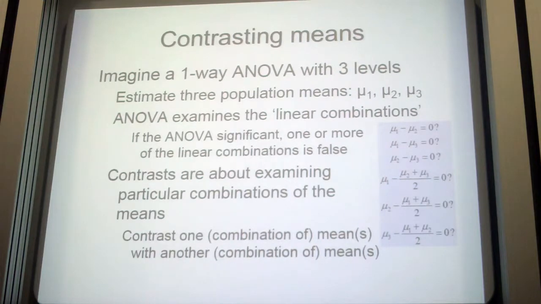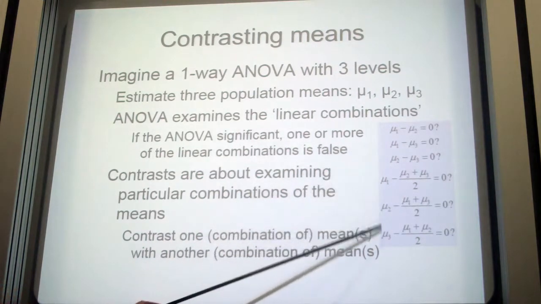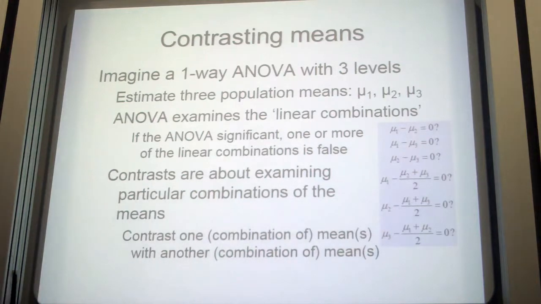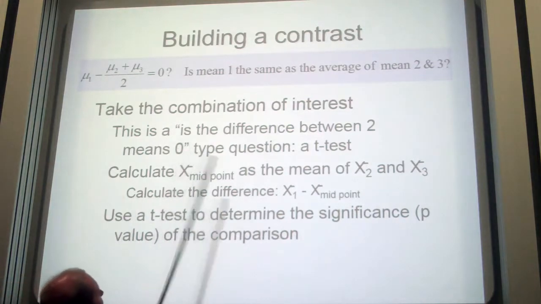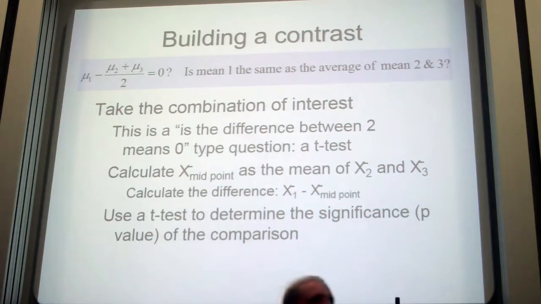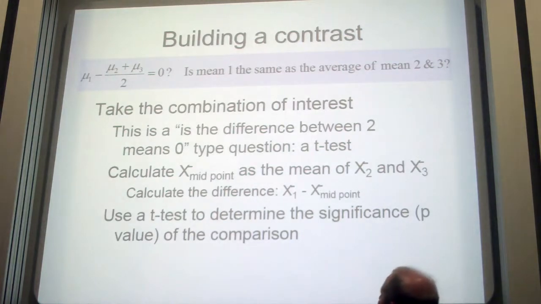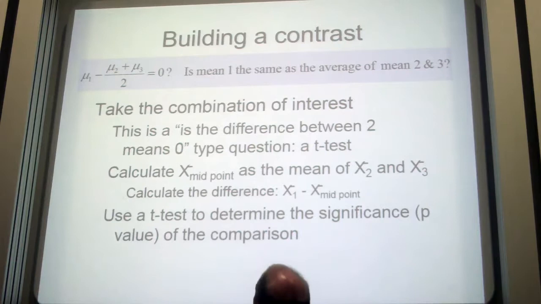Contrasts are about examining combinations of these. Okay? So you want to compare some mean, or a combination of means, with another combination of means. Okay, so we can ask, is mean 1 the same as the average of means 2 and 3? It doesn't mean that they're the same as 2 and 3. It's asking if it's the same as the mean of them. So we can take the combination of interest,